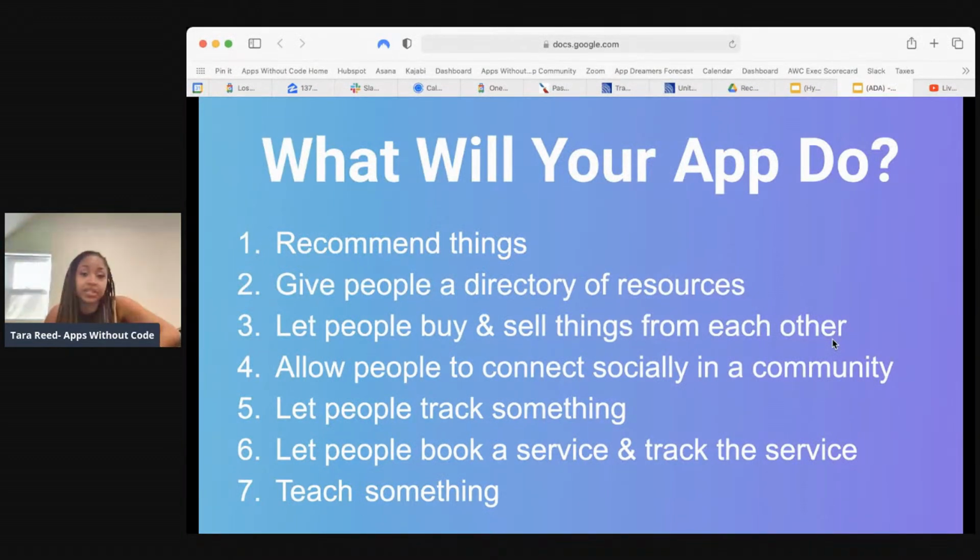Uber is an example of this, right? Where you track the progress. Or teach something, right? Where there's lessons and videos and tutorials. So if you're wondering what kind of app idea could I create, I want you to think about the